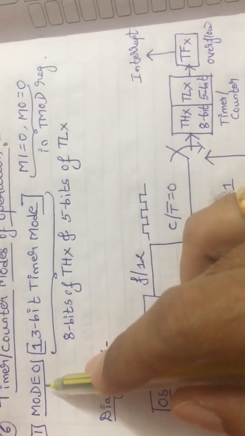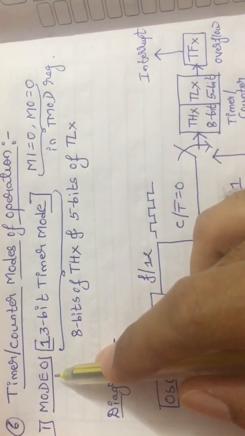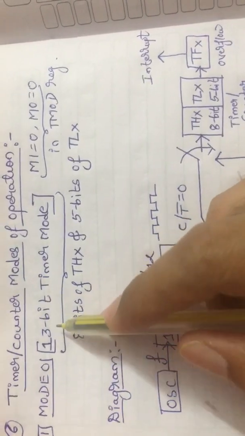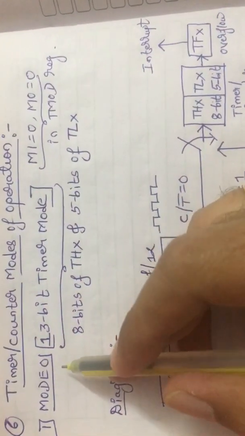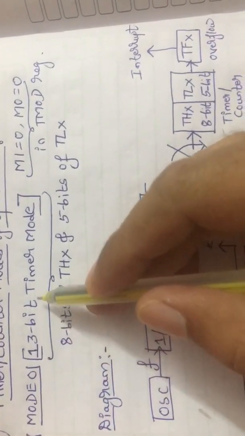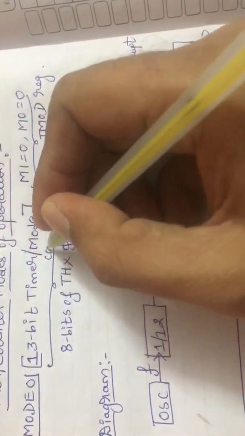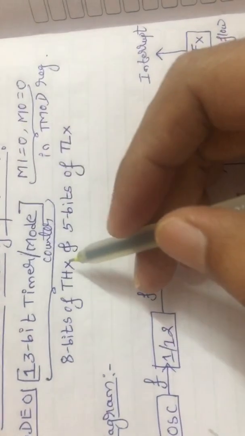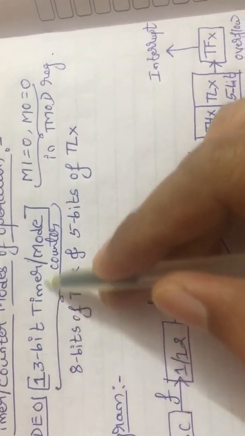Please listen to this video lecture carefully, so that all the operations of the modes are similar, only the values will be changed inside. Okay, so let us start with mode 0. The name given for mode 0 is 13-bit timer/counter mode. Timer/counter mode, right? So in this 13-bit timer/counter mode,